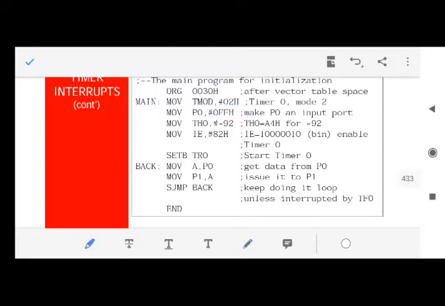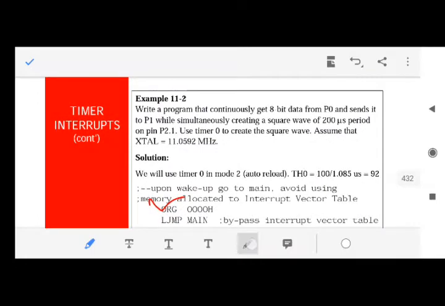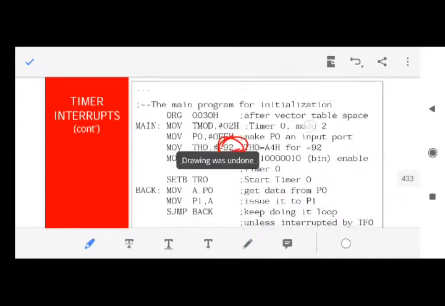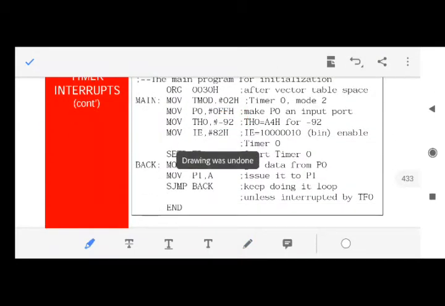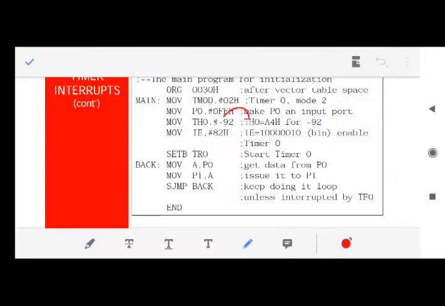Since we are generating a delay of 200 microsecond. I have not taught you how to make this 200 microsecond, so you leave this here. You need not take attention about why minus 92 has been written. You can take any value. Fine. So some value is loaded into the TH0 register.